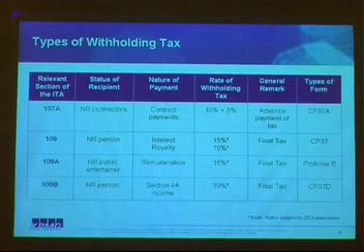The form to be used is CP37. The next form of withholding tax is Section 109A. The recipient is a non-resident and public entertainer. Nature of payment is termed as remuneration, so it can be in kind. Rate of withholding tax is 15%, is a final tax, and you use pro forma B to account for the